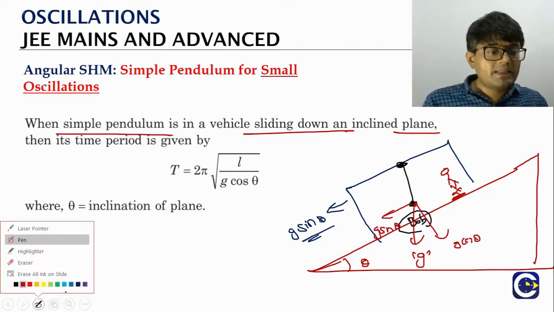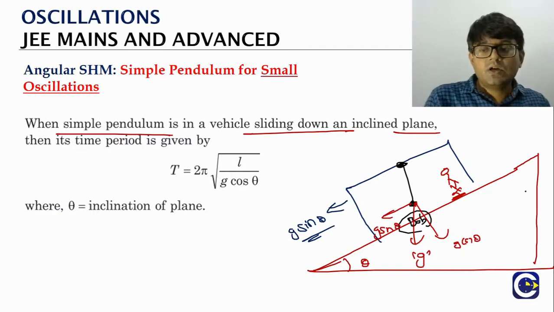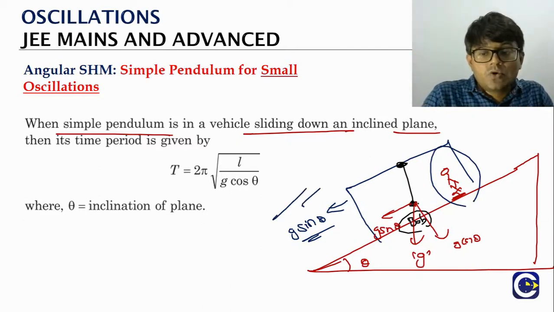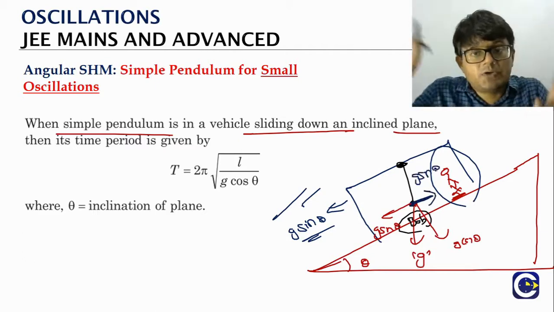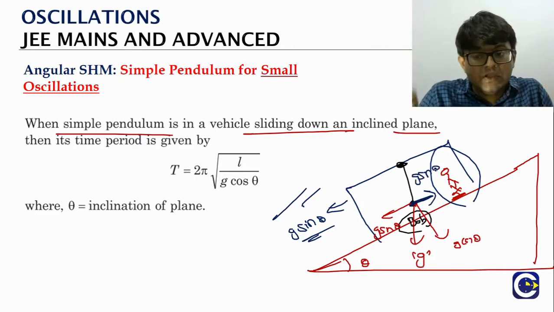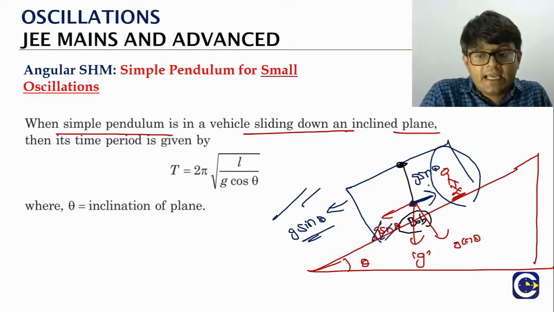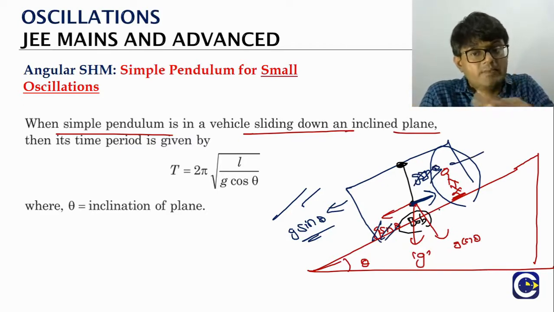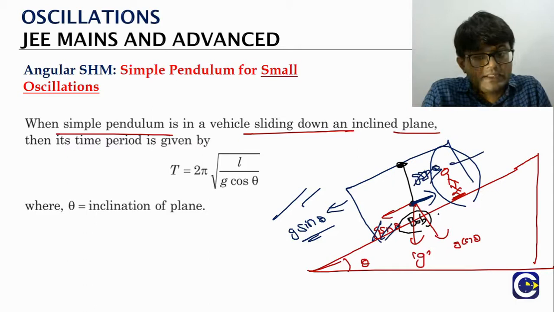Now when you are making the observation with respect to this non-inertial frame, we are observing the bob. The non-inertial frame is sliding down. So the pseudo acceleration we have to give for the bob will be exactly g sin theta, in the opposite direction. Means the net acceleration along the plane, when you observe it with respect to the person, will be zero. There will be no net acceleration.